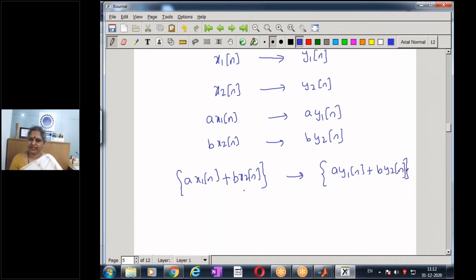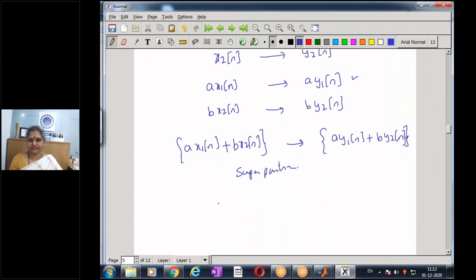When any system satisfies these conditions, that is, amplitude scaling in input results in amplitude scaling in output, or if I add two signals, then the output is equal to the sum of the corresponding outputs, this is known as linearity, while this condition is known as the superposition theorem. Only when all the above is satisfied, we classify the system as linear.